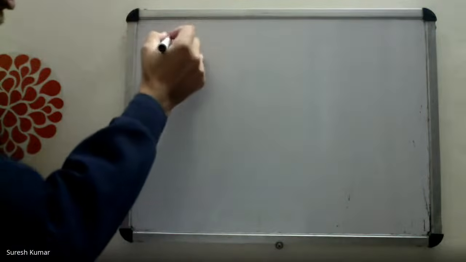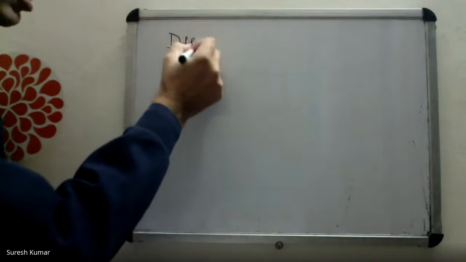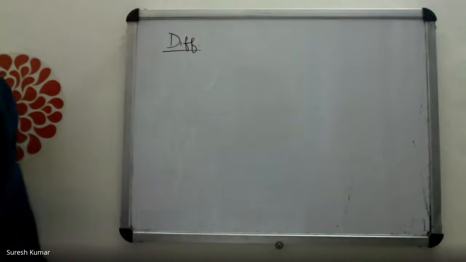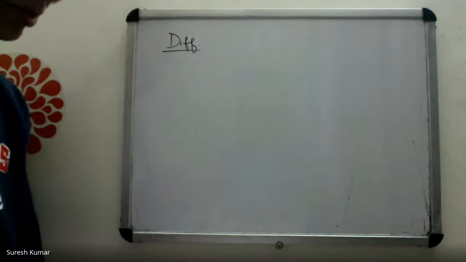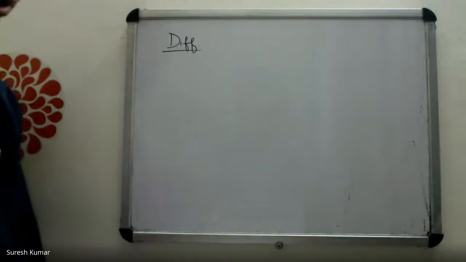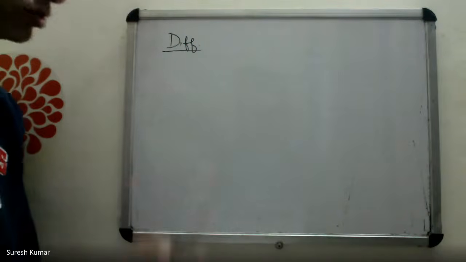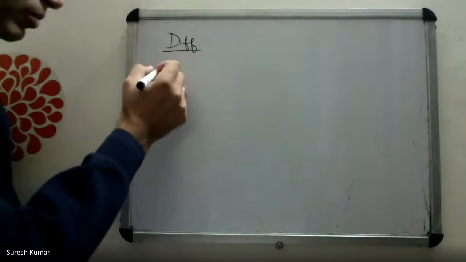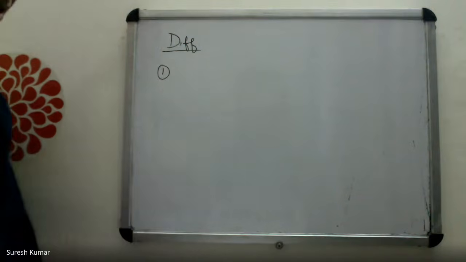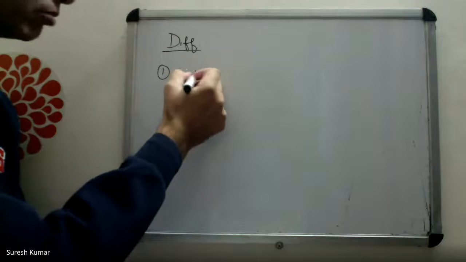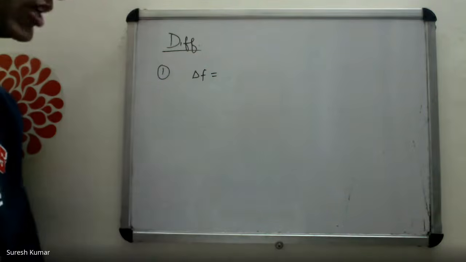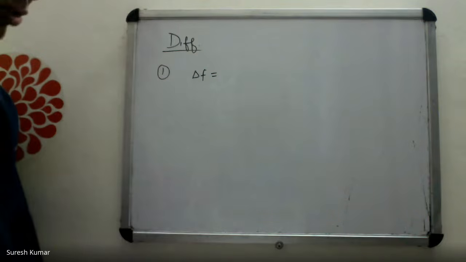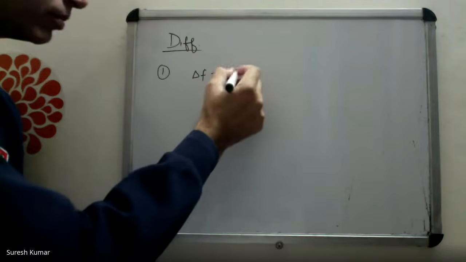Next, differentiability. In the previous lecture, I explained you the definition of differentiability of a function of two variables. Here just I want to tell you some key points that how to check differentiability of a function. There are two ways. One, by definition, means change in f(x,y) around the point (x,y), means this.